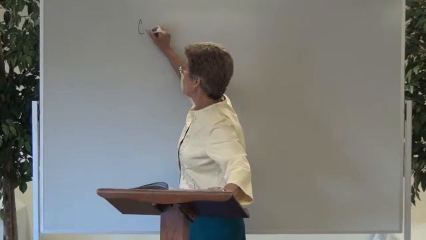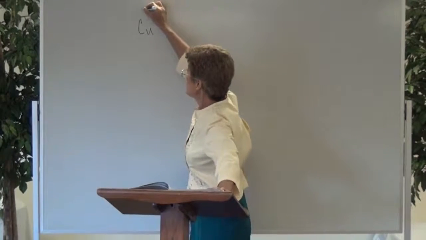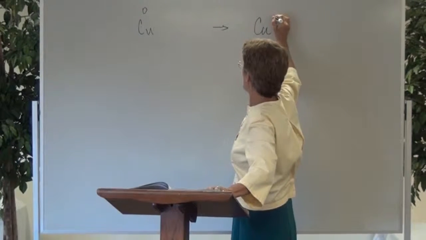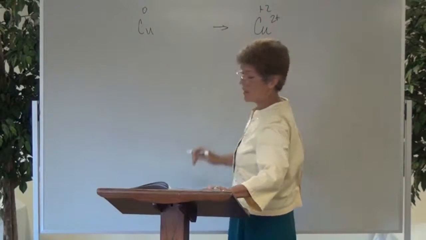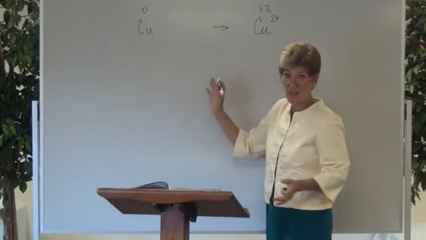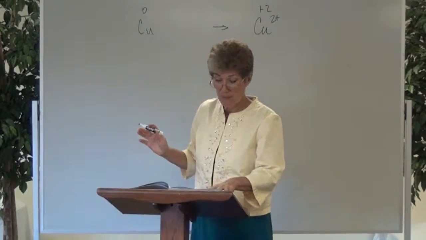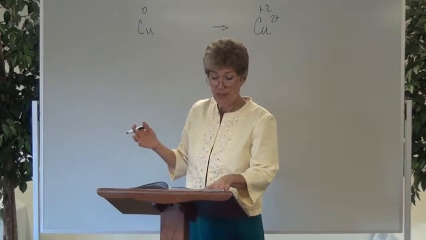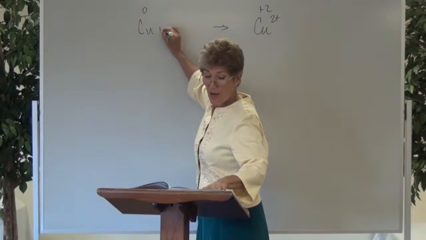Number 9, true or false? The following reaction is a redox reaction. Well, I mentioned in class, look at the things that are by themselves first, which is real easy. The copper on the reactant side has a 0 oxidation number, whereas the copper on the product side has a +2 oxidation number. So obviously somebody's being, in this case, oxidized. Therefore, somebody else has to be being reduced. And so if you will continue to go through and do the oxidation numbers on that, you will find that